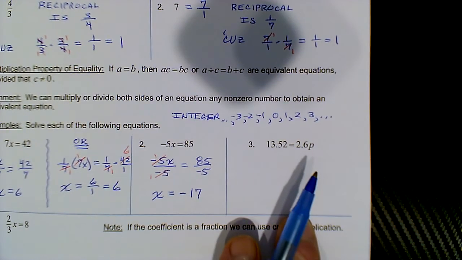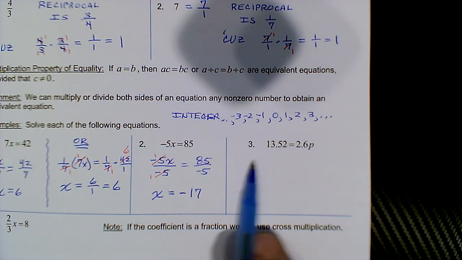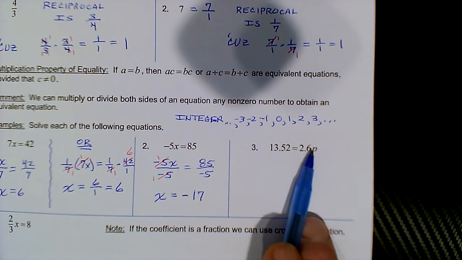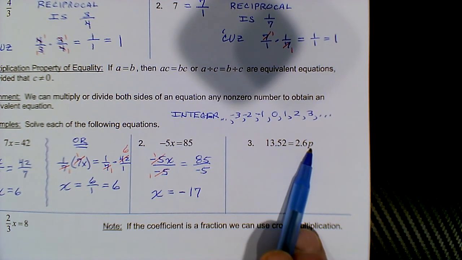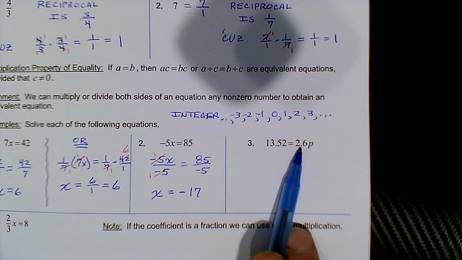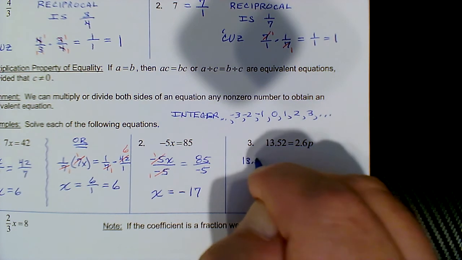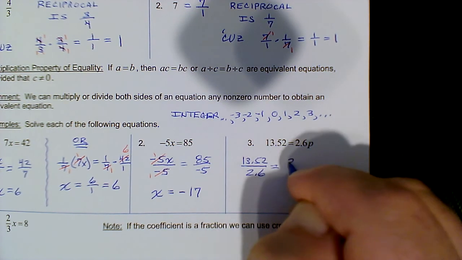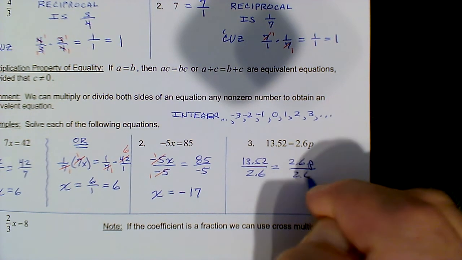And also remember that the variable does not have to be on the left side. So you have to be versatile. The variable's on the right, just deal with it. So in this case, to solve for p, it's on the right hand side. I'm going to divide by its coefficient, 2.6. So 13.52 divided by the 2.6, and the 2.6p divided by 2.6